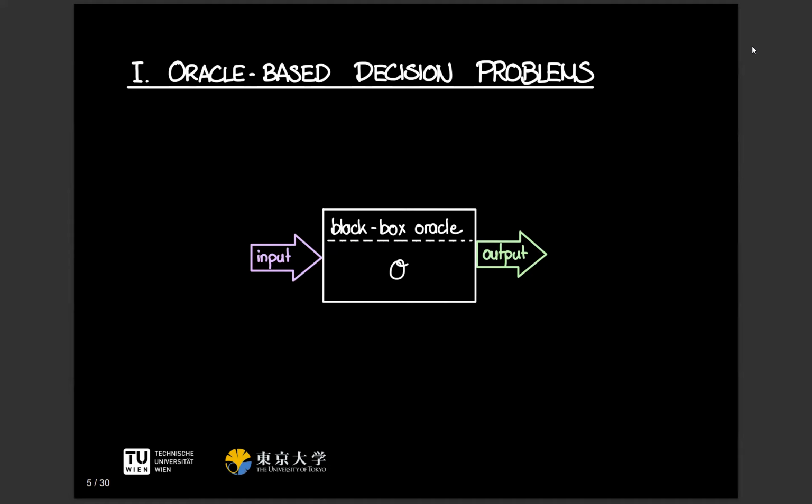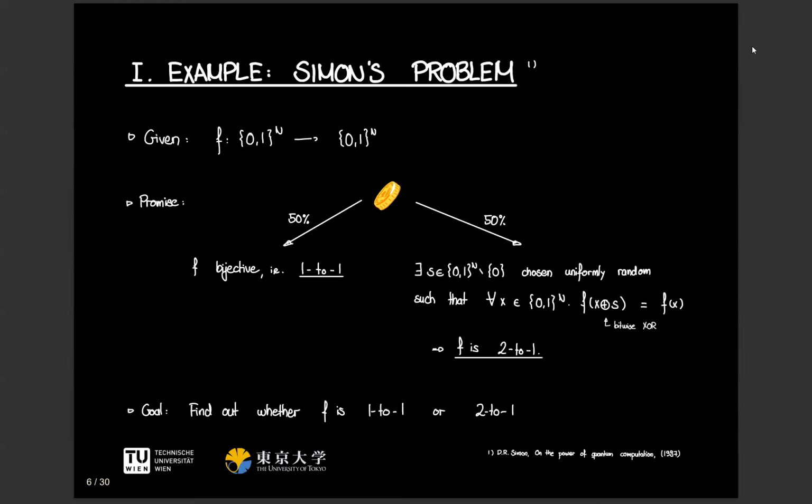One important ingredient I'll use for these considerations is an oracle, which comes up in computational complexity theory. What an oracle does, at the end of the day, is take some input and map it to an output, and we use an oracle if we don't specify the internal dynamics that produce these input-output relations. One specific instantiation that I've looked at with Hayata in this project is Simon's problem. You can think of this problem as a game, and the question we will look at is how much energy we consume to solve this specific problem.